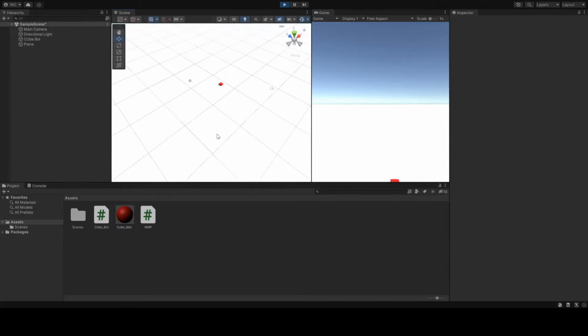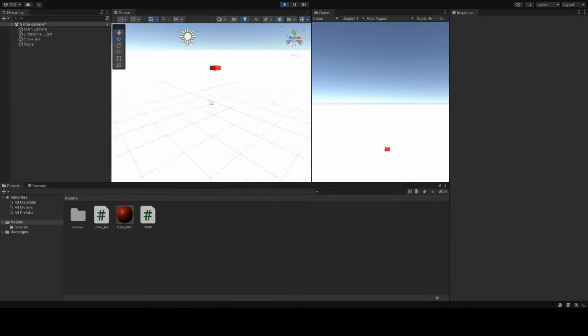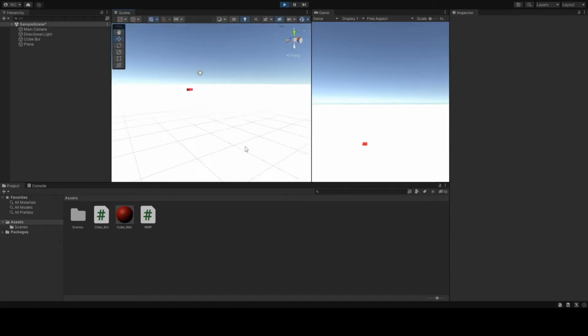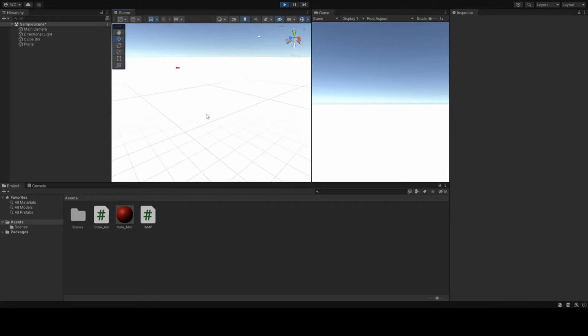Now, it seems to be working. It's moving in a perfect circle. But the problem is, it has sunken to the floor. And it actually kind of hit me in the face right then. But here it's sunk into the floor. This is because